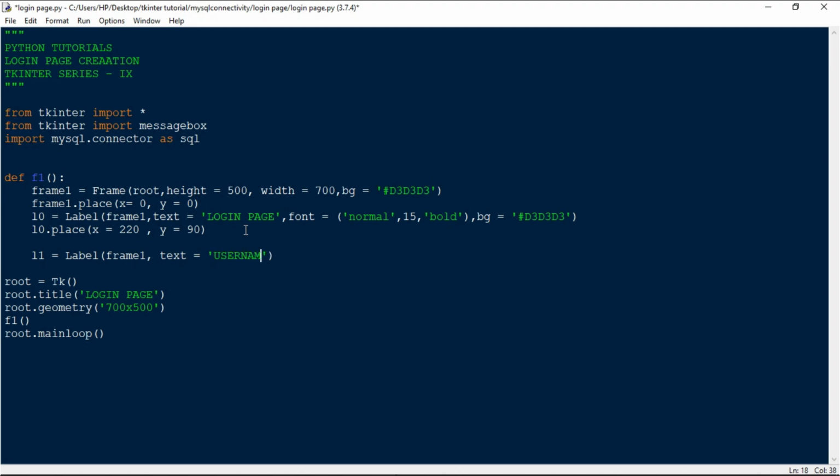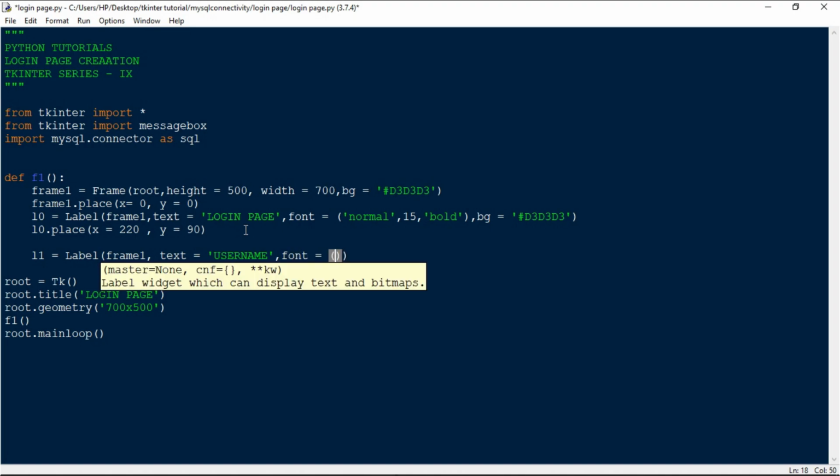Yeah, username, and its font is going to be Arial of size 15, and it is going to be normal.